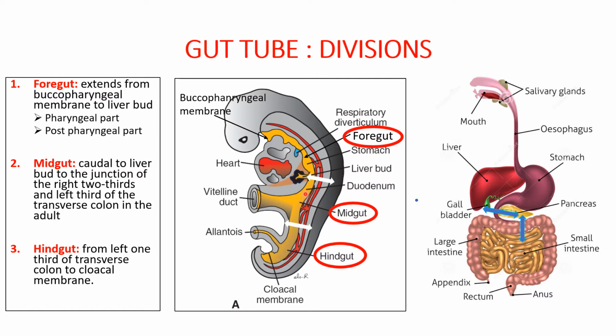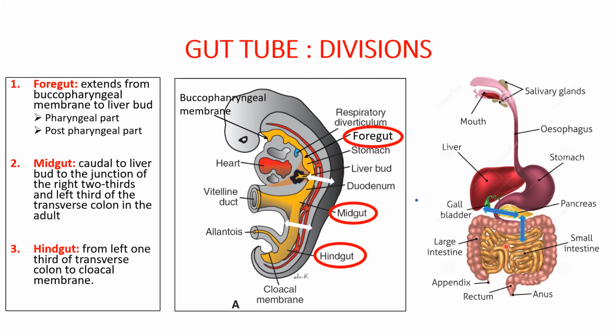In the first picture we can see that certain structures are developing from the gut tube. One important structure that we have to see carefully is the formation of this liver bud. This liver bud is an important landmark because it will help us to divide the gut tube into foregut and midgut in the later period. So later on, the foregut extends from the buccopharyngeal membrane to the liver bud, and the midgut will be caudal to this liver bud to approximately the junction of the right 2/3 and left 1/3 of the transverse